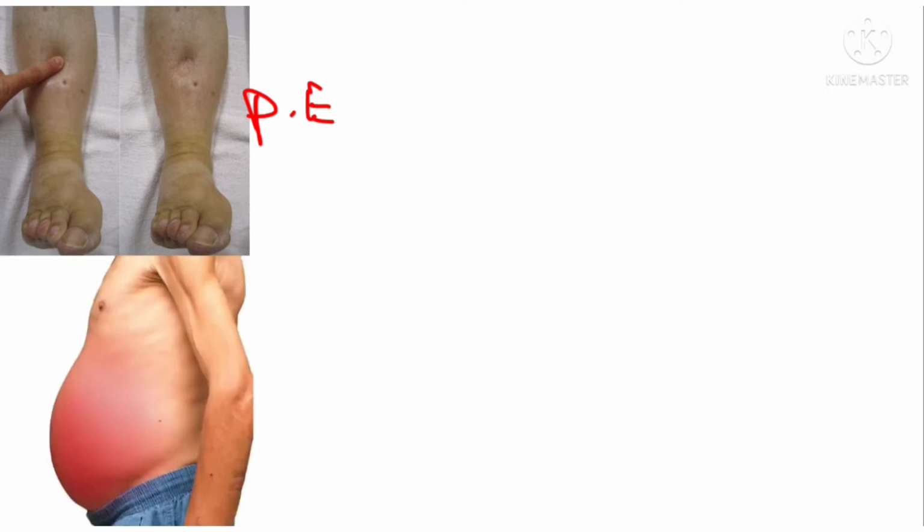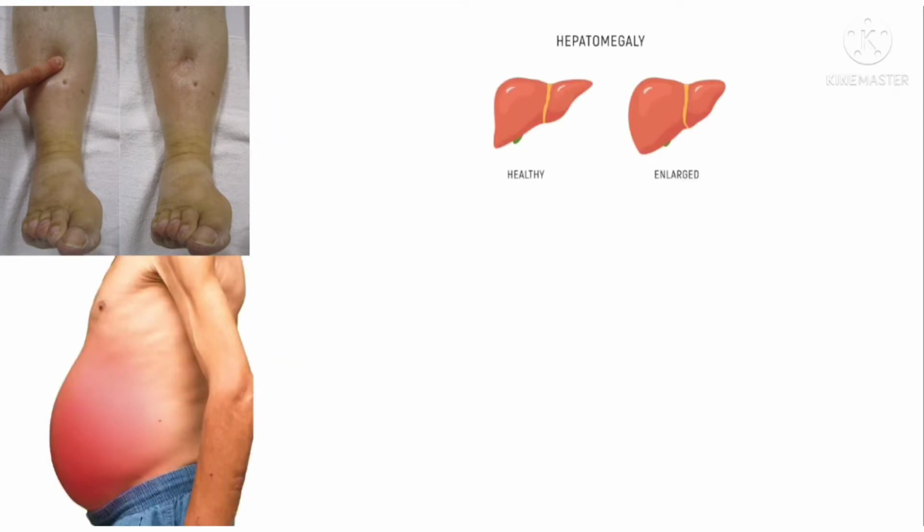Now let's see various symptoms of constrictive pericarditis. These symptoms can be divided into two parts. First is due to constriction of right ventricle and second is due to constriction of left ventricle. Because of the constriction of right ventricle, there will be peripheral pooling of blood, which results in pedal edema, which eventually leads to ascites, and sometimes many patients develop hepatomegaly.